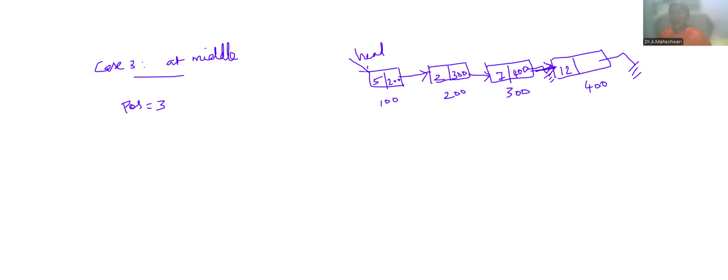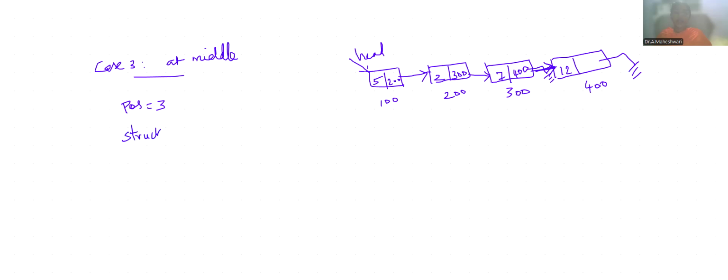The previous node should point to the next node. That particular node should not point to the already pointed node. So 300 should be erased. Here you have to place 400, and automatically this is pointed to this node. Okay, this is the only one I want to delete. So how can we do that? So I need 2 pointers, right? I'll start it from struct